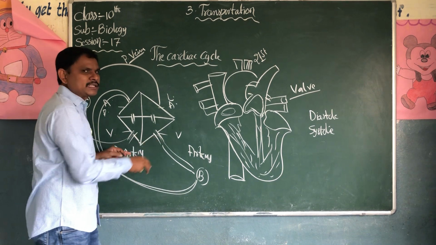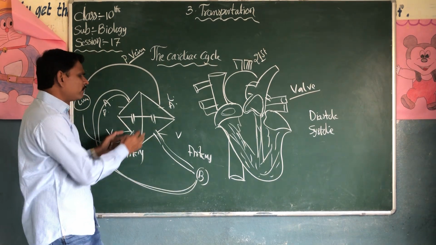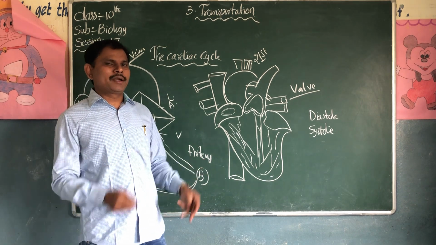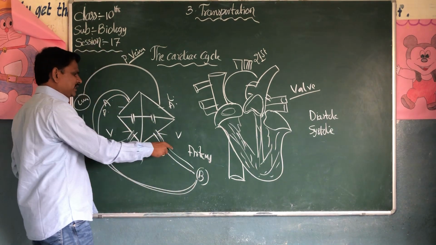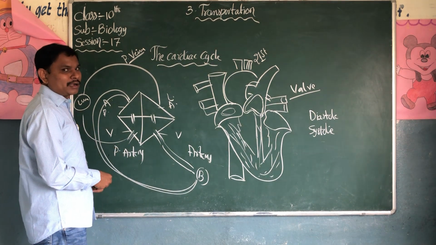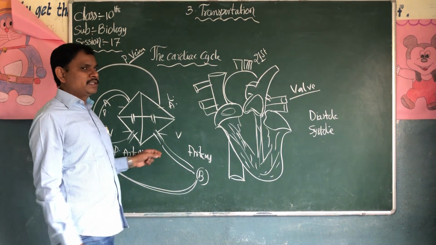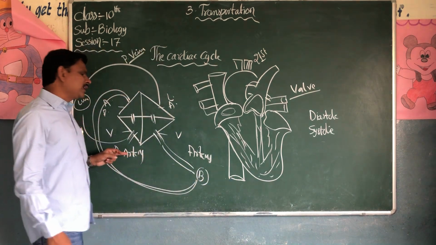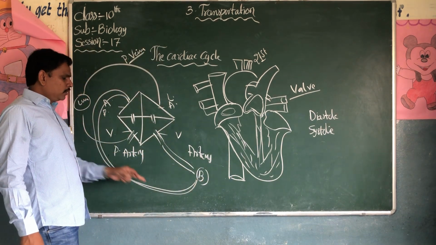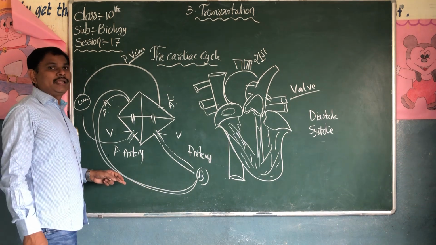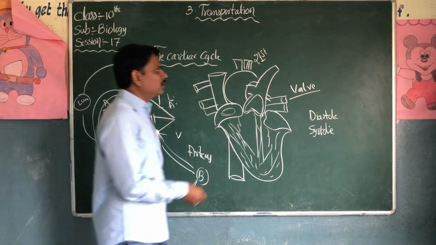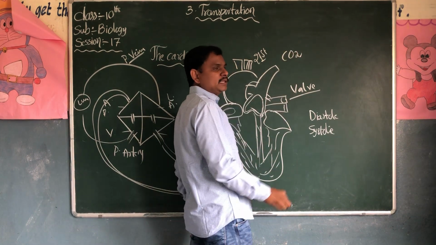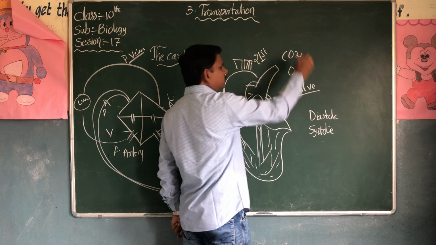Then there are 2 arteries. These arteries go away from the heart. They carry the blood to the body parts. I already told you, arteries always carry oxygenated blood, while the pulmonary artery carries deoxygenated blood. Veins always carry deoxygenated blood, which is blood having carbon dioxide. Oxygenated blood is blood which has oxygen in it.